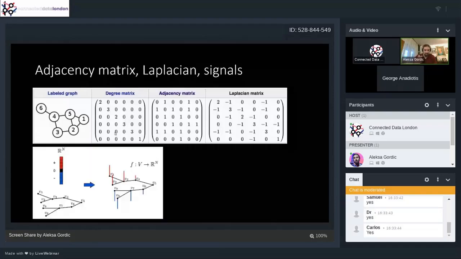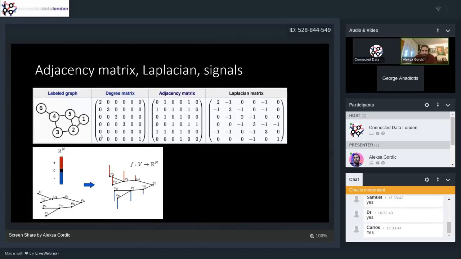The second important concept is a signal on the graph. What a signal on the graph is, is the following. Basically, to every single node, you just associate a certain number or a certain vector, and you can visualize those via these vertical lines. You can see if the number is high, there is this large red line. If the number is low, below 0, you have these vertical lines that go below. So that's just a visualization of what a signal on the graph is.